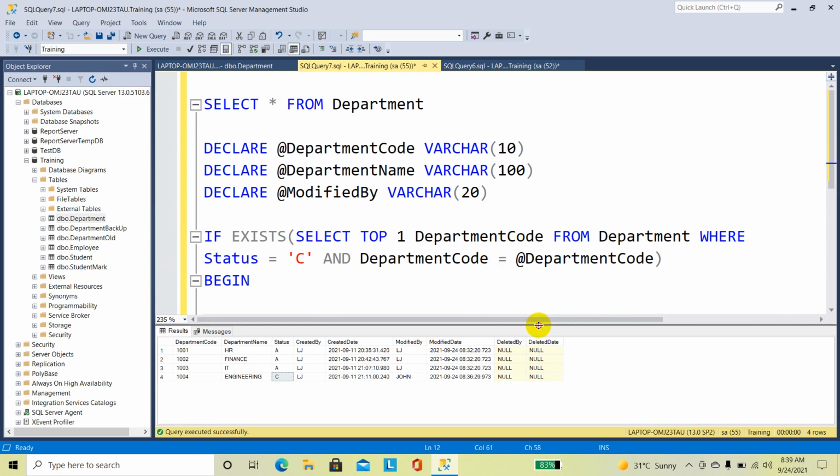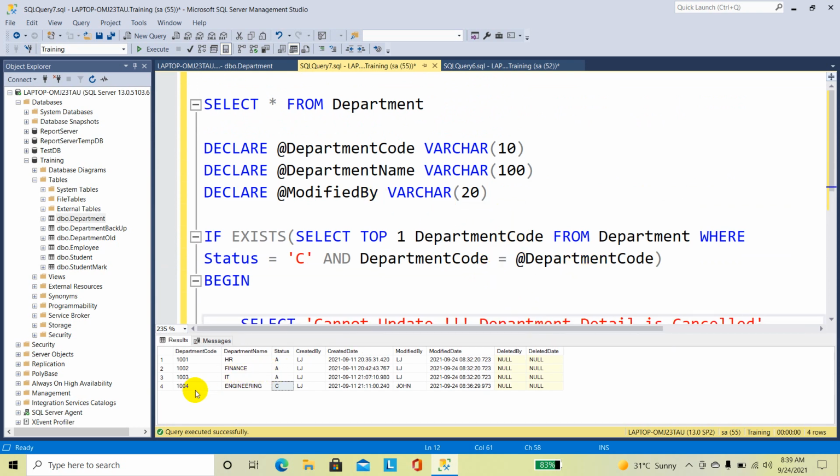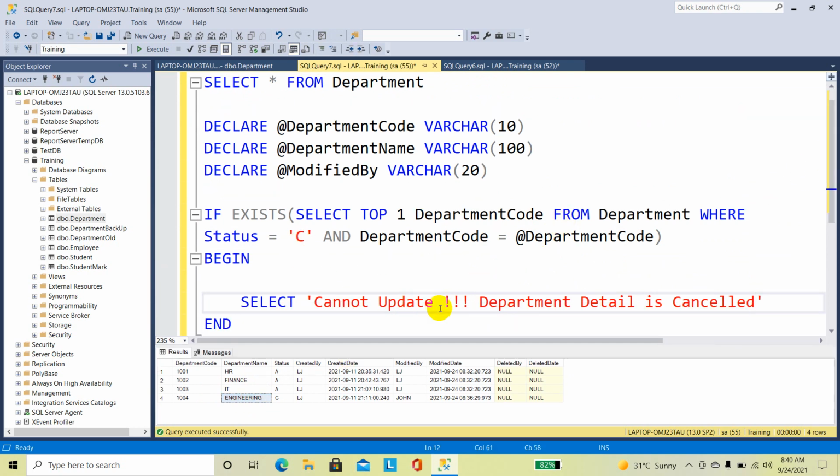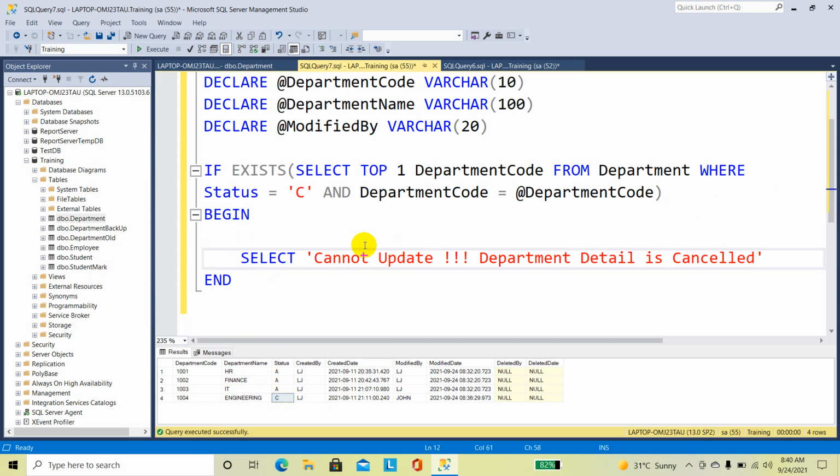For example, I am going to pass the department code as 1004 and I am going to update the department name. So here it is checking the department code 1004 and the status is C, then it will show one message, cannot update, department detail is cancelled. Next condition,